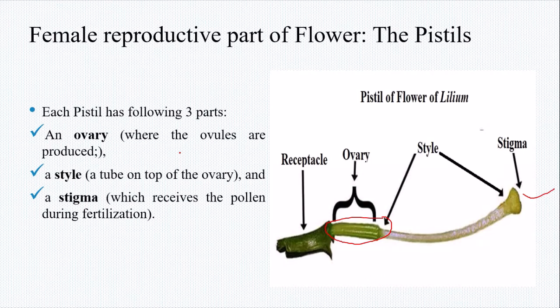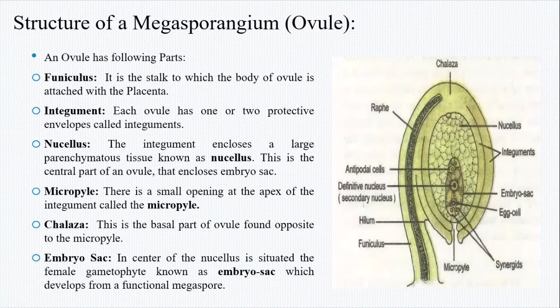There may be a single ovule in a locule of an ovary, as in wheat, paddy, mango, or there can be many ovules in a single ovary, as in papaya, watermelon, orchids. On the basis of structure, ovules can be of basically six types. We will study them in the next slides. All ovules have similar parts. To get a brief idea about the structure of an ovule, we will take the example of an anatropous ovule,